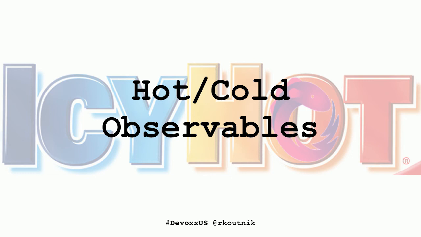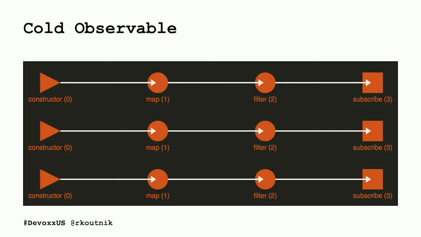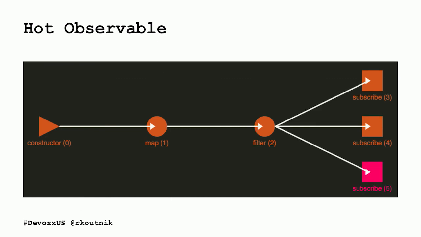Let's take a look at some pretty pictures, because everyone likes pretty pictures. So here we have how a cold observable looks. For every subscription, we create an entirely new chain, which means the cleanup logic can clean up item by item, which means that we can take advantage of shaky networks by just resubscribing, try the request again. On the other hand, there are times when we want this. We want one single chain, and the end result goes out to everybody. How do we get that?